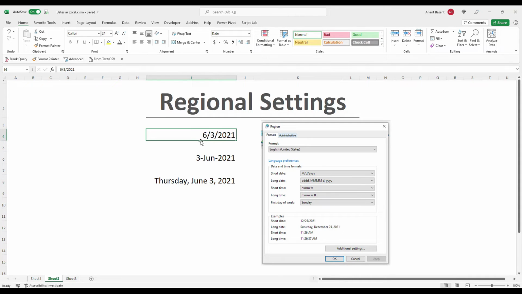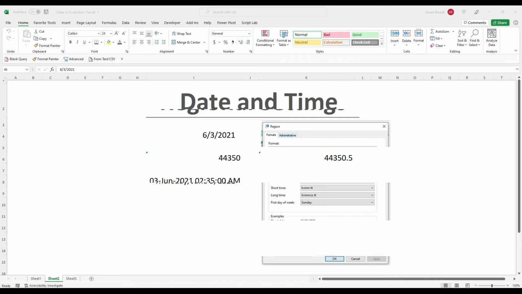If you have taken this as your default format and not changed it, it can create confusion. For example, is it 6th March or 3rd June? This number format, on the other hand, is explicit and shows the date correctly.